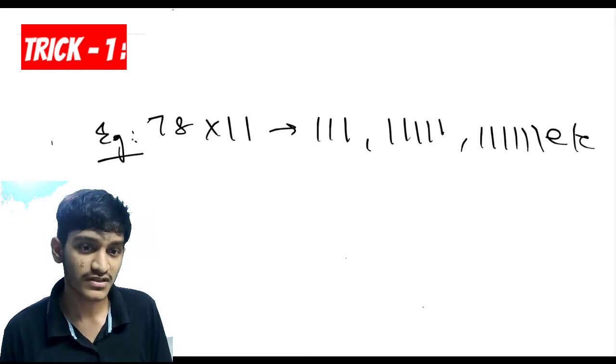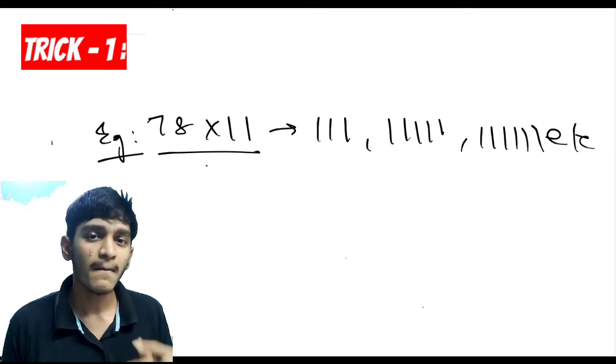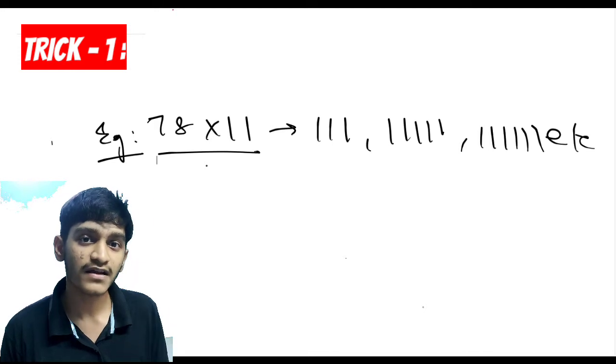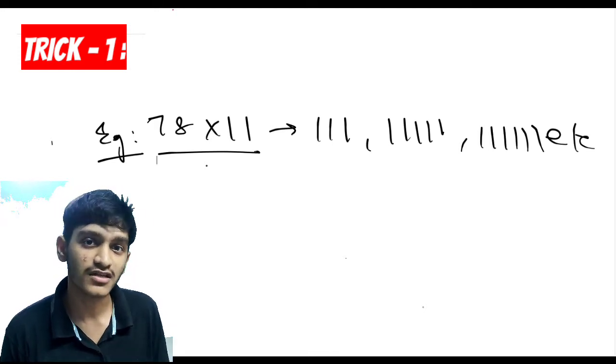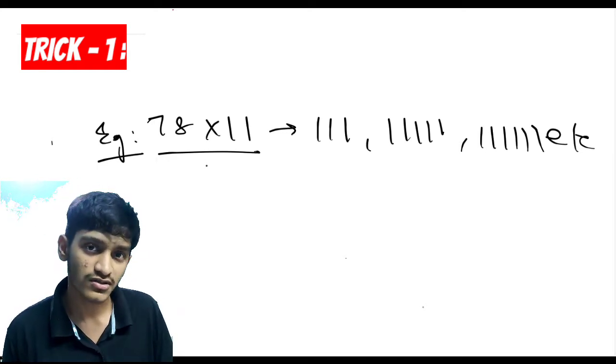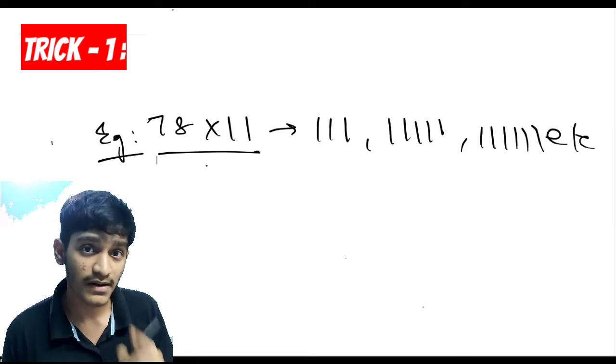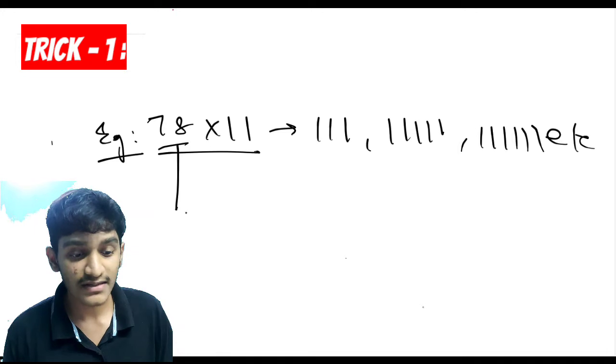So how do you solve this question? How do you solve 78 times 11? At first it looks very simple, but as we move on and find a better grasp of the concept, we can improve upon it to further difficult numbers. So at first, what do we do in order to solve 78 times 11? Well, write the number 78, which was the random number I took, down as it is. So I will write 78 down.